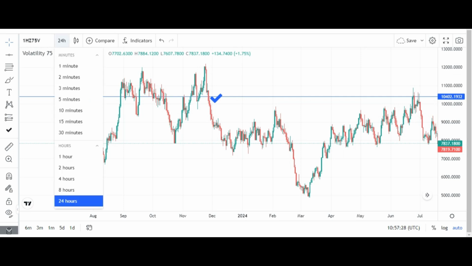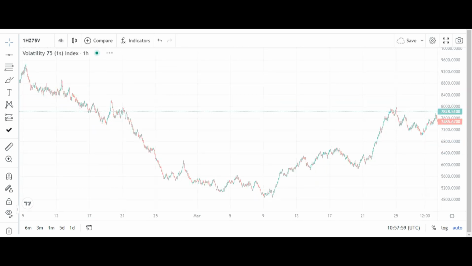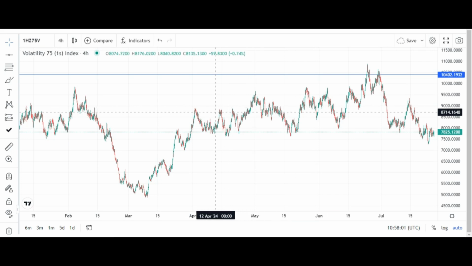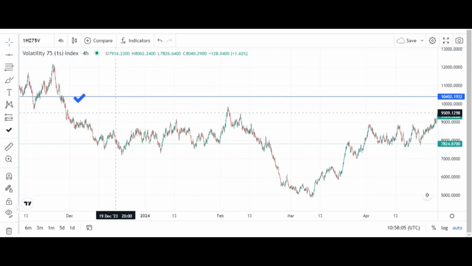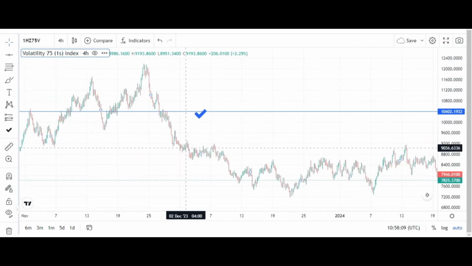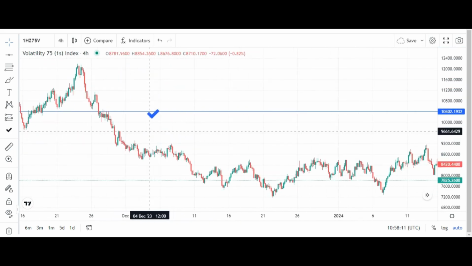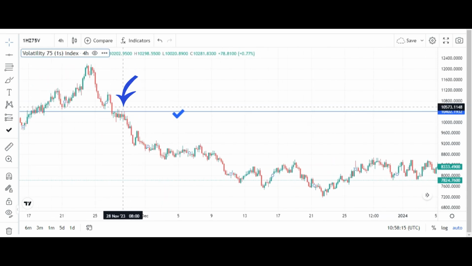Okay, so let's go down to a lower time frame. Man, this is just going to drag. But let's go to a 4-hour time frame and let's find that tick. Here's our tick. All right, cool. Now we're going to have a better look at it so you guys can actually understand that it is a point of resistance. As you can see right there, the market did come and it touched right there as a resistance,